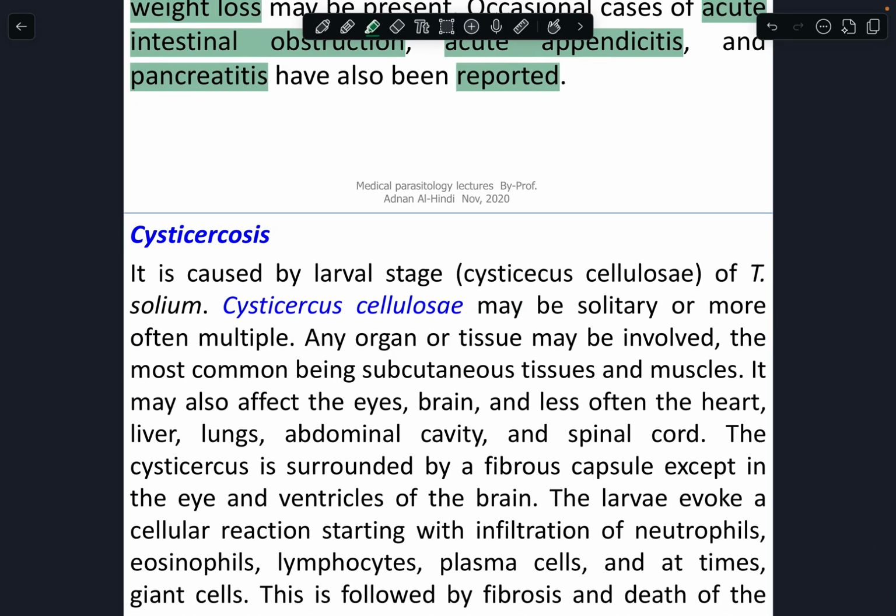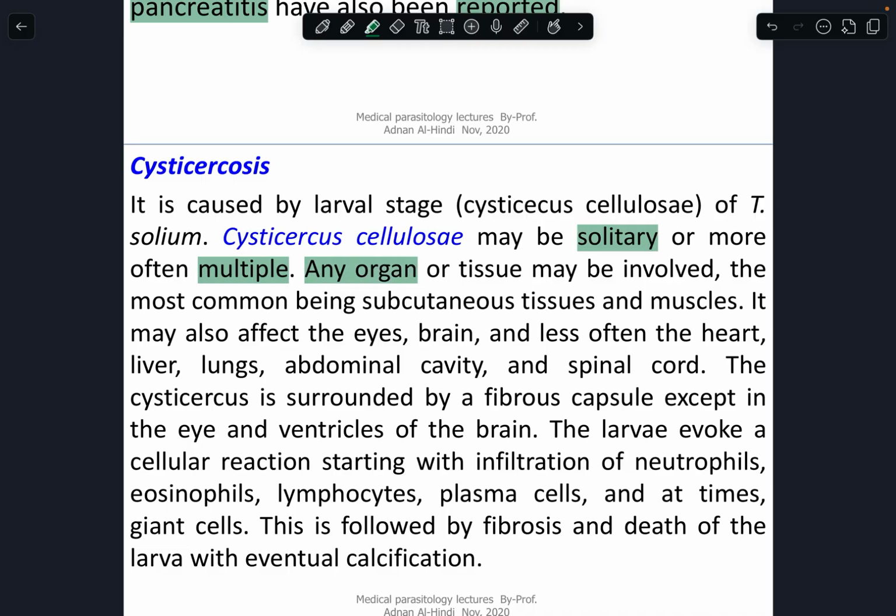Cysticercosis. It is caused by the larval stage Cysticercus cellulosae of Taenia solium. Cysticercus cellulosae may be solitary or more often multiple. Any organ or tissue may be involved, the most common being subcutaneous tissues and muscles. It may also infect the brain, and less often the heart, liver, lungs, abdominal cavity,